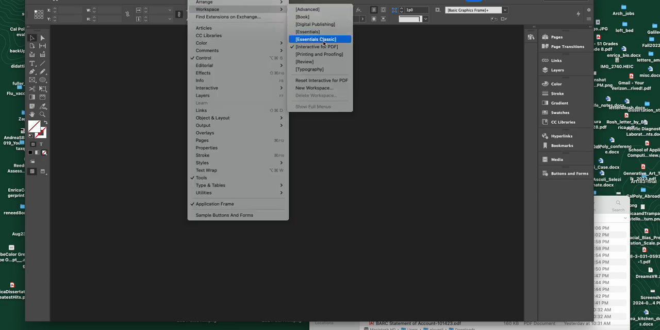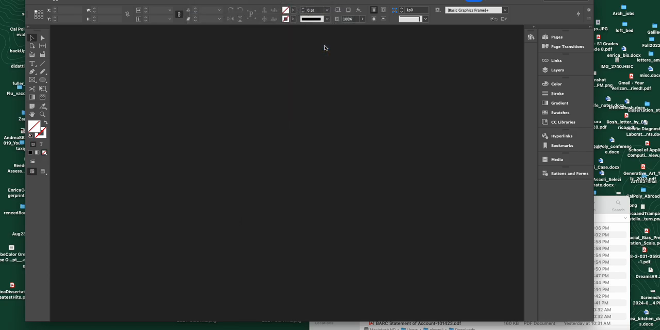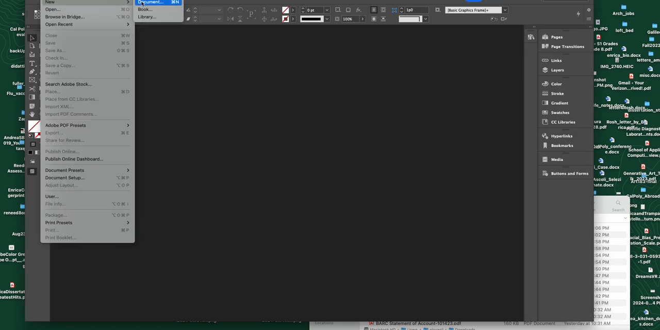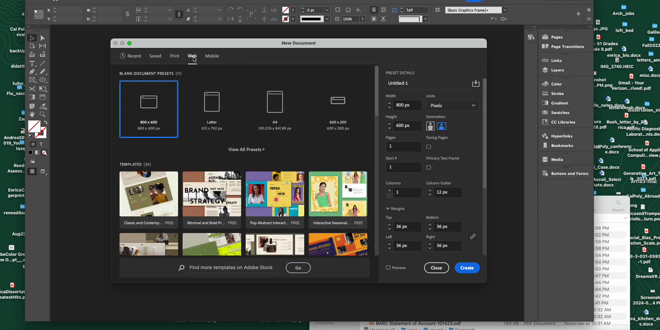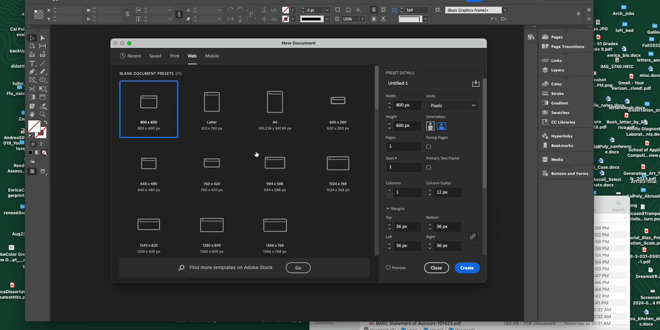Okay. Interactive. So if you're not in Interactive, make sure you are. And then I'm going to go and say File, New, Document. I'm going to go under Web, in all presets, and I'm going to use a 1024 by 768, potentially, but why don't we do instead 960 by 760, since we know our images are that